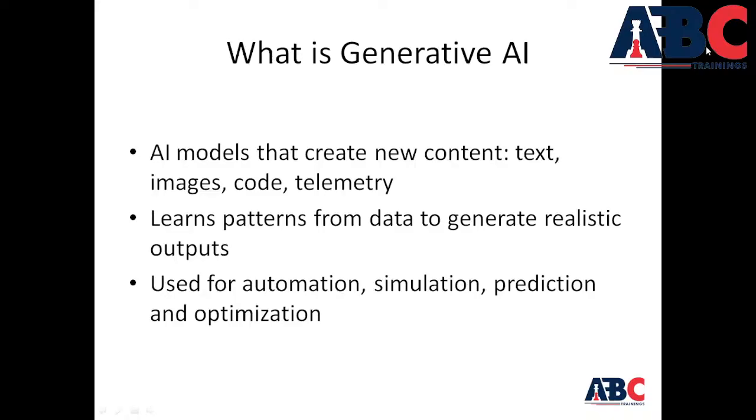It uses advanced machine learning models, particularly large language models and generative adversarial networks to understand context, replicate styles, and produce outputs that closely resemble human creativity. By learning from diverse data sources, generative AI can generate realistic content, answer complex questions, and assist in sophisticated problem solving tasks that once required